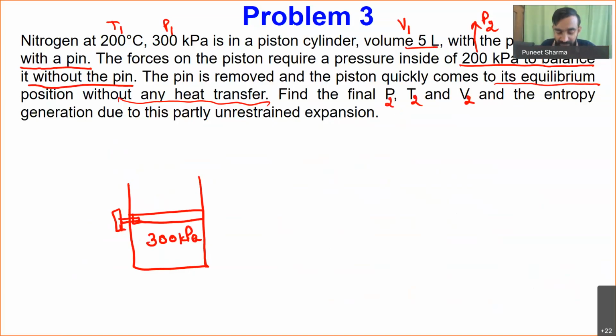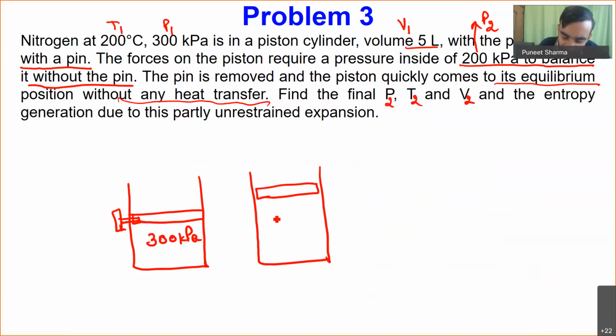And what is given in the question is that if I want this piston to rest, whatever the forces are acting on the piston, these will be balanced by an inside pressure of nothing but 200 kilopascal. So it means whatever the weight of the piston is there and any force which is acting on the piston from the external side,